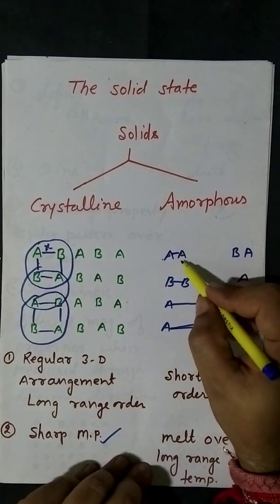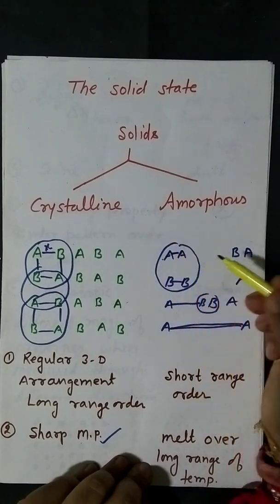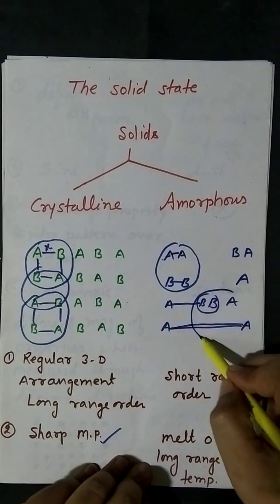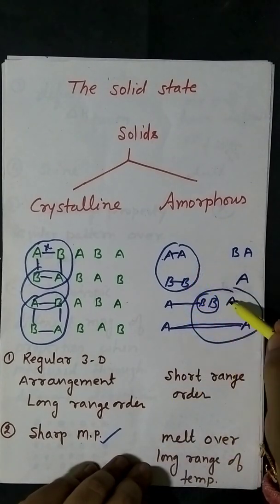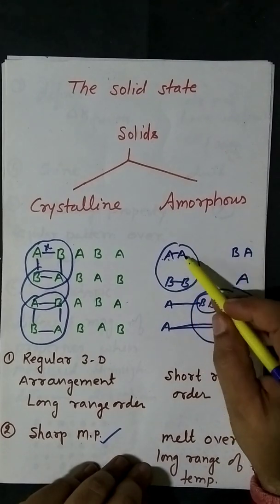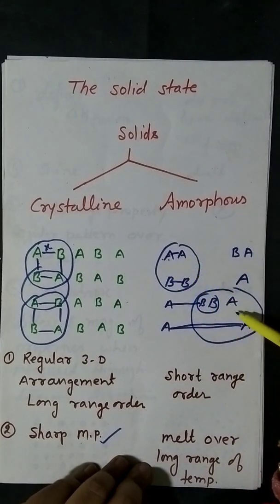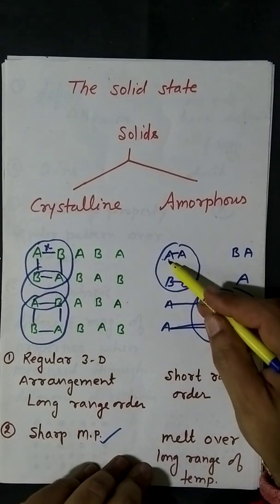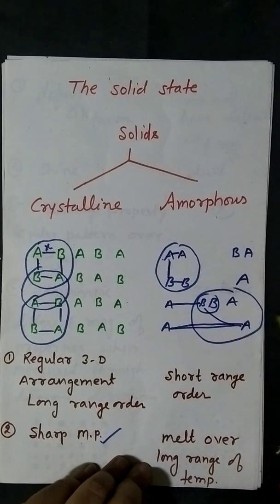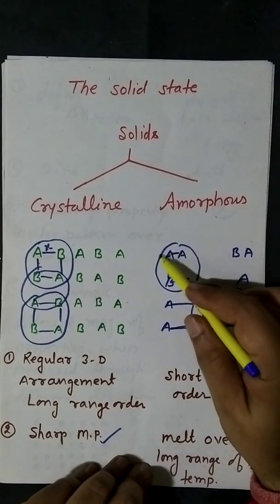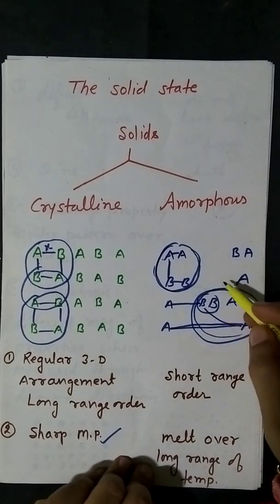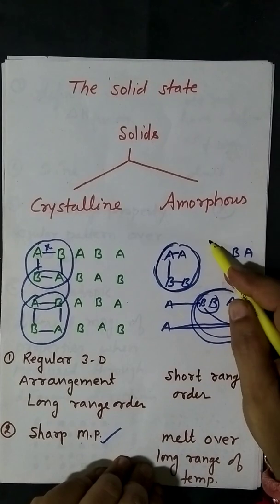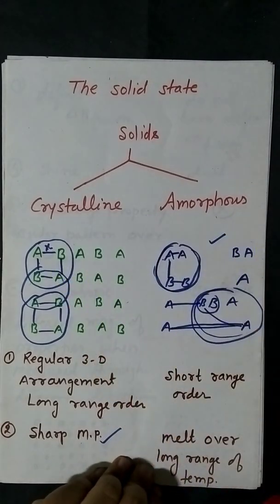But here you can see this is 1 mole, 2A and 2B, and here this is another 1 mole, so you can easily see now that the type of bonds may be the same but the force is different. Here A and A are very close, but here they are far away from each other. Here there is a moderate distance between A and B, but there is a long distance between A and B elsewhere. So to melt this particular 1 mole and that particular 1 mole, we have to give different amounts of energy. That is why amorphous solids do not have a constant enthalpy of fusion, but crystalline solids have a constant enthalpy of fusion.